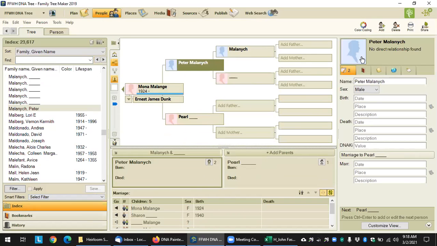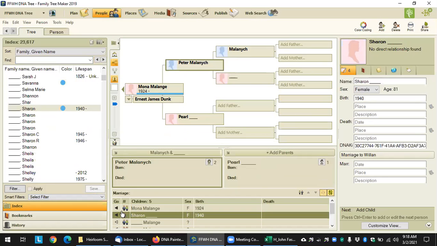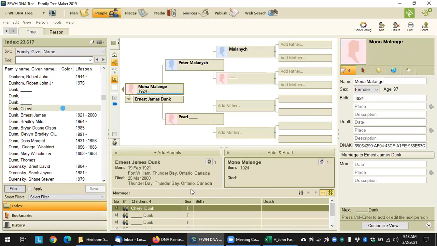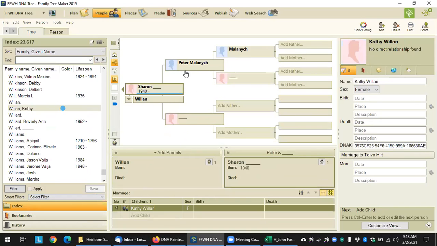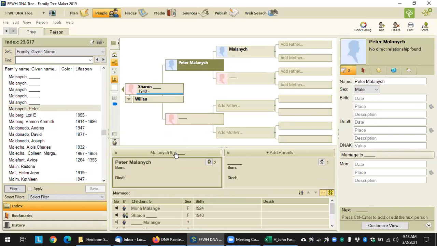I created this tree, and if you can see up here, it's saying no direct relationship. So this is what's called a floating tree within my tree. Because I found this Mona and Sharon, and then they each got a daughter, Cheryl, and Sharon's got a daughter, Kathy. And I contacted them because I had these four unknown matches, and